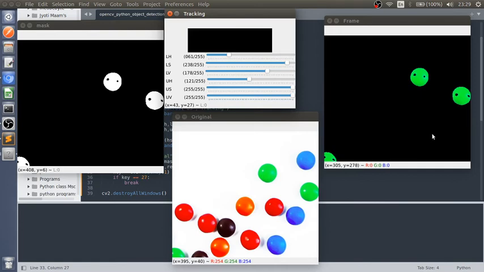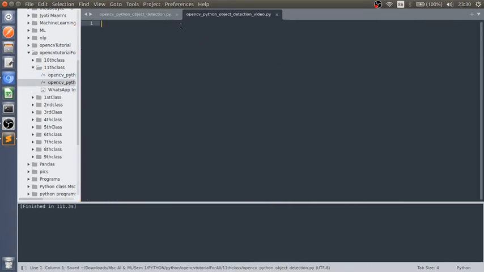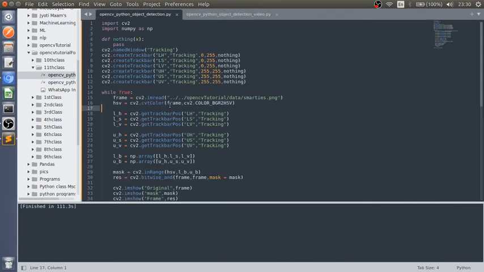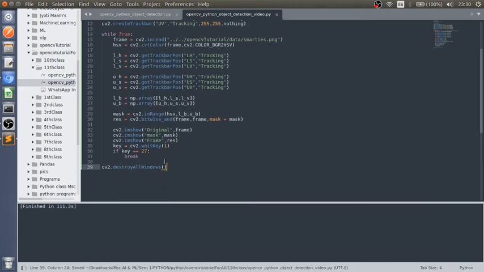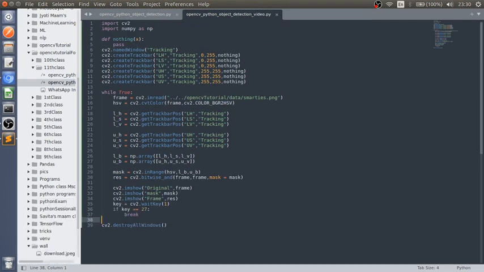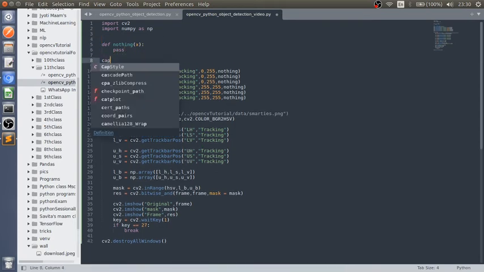Now we are going to implement the same thing on our webcam using video frames. Let me close this and create another file, OpenCV object detection video. Let me copy this code and place it here. For video we have to change the code a little bit. First let me comment this, and we have to fetch the video frame.